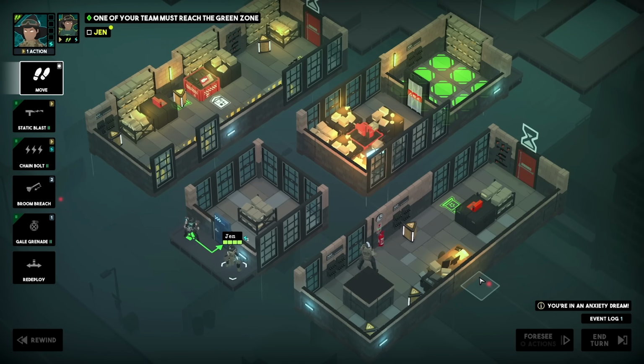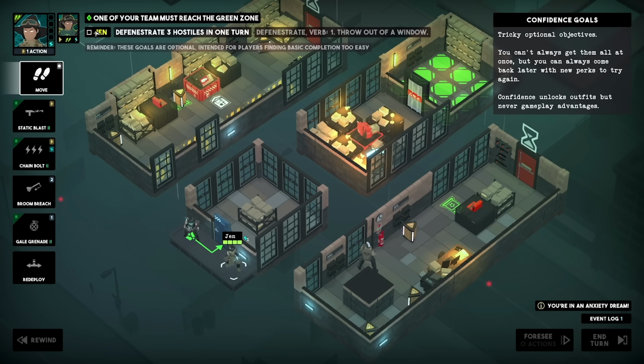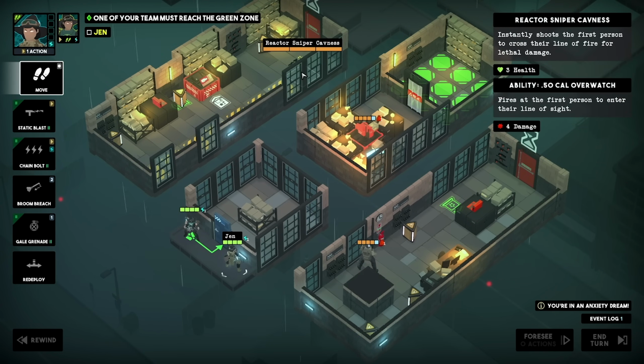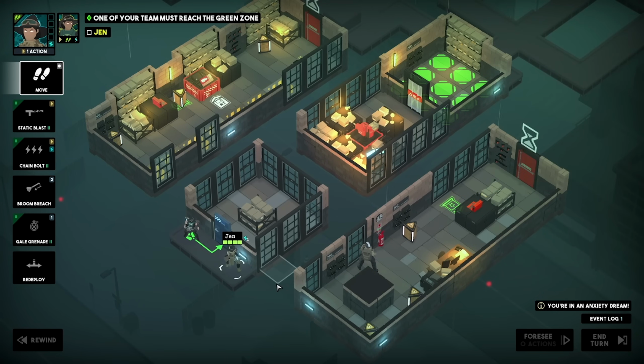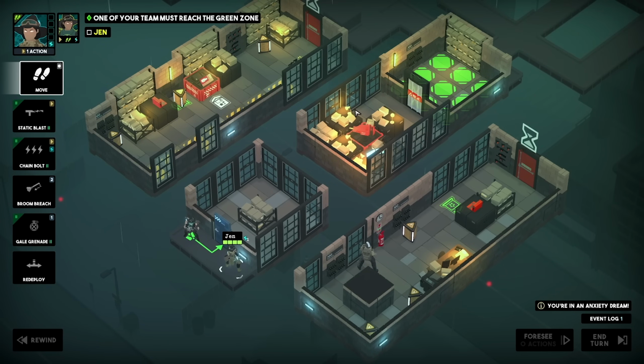Are you kidding me? One of your team must reach the green zone over here and defenestrate 3 hostiles in 1 turn. Well, I'm seeing 2 hostiles that are actually movable, so that's going to be challenging. And one of them's kind of in Overwatch mode, so we can't just launch ourselves over there. This one's going to be a problem. Okay, so we're both definitely broom breaching to a different location. We need to get here to open this door so we can get in at all. And I'd love for this turret to not be active, so